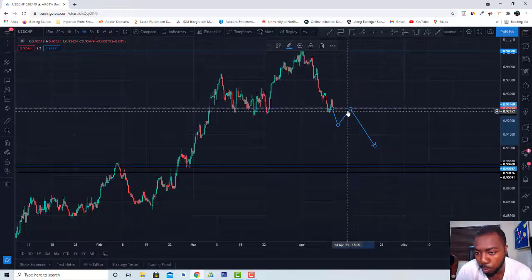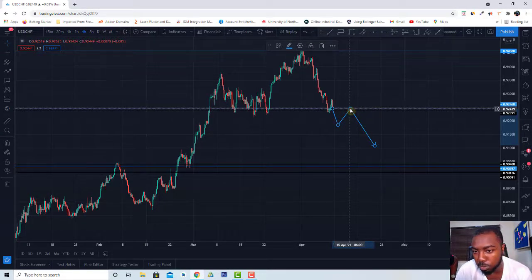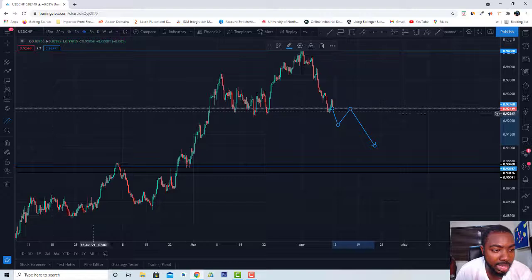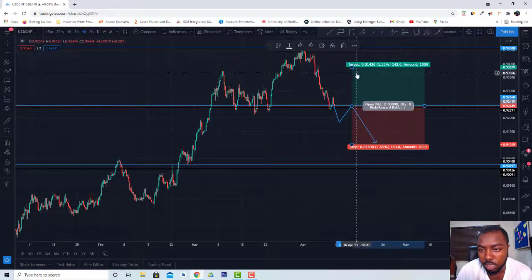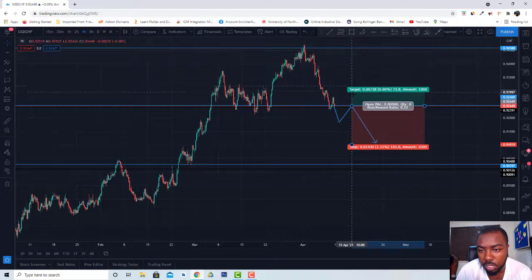Now, I'm an aggressive trader. Once at this point I see rejection candlesticks like the inverted hammer, the spinning tops, your bearish engulfing, shooting star, your bullish harami, I enter the trade immediately. That's why I will enter the market, because it gives me a nice, let me show you guys, it gives me a nice risk to reward. See, I'm going to put my stop loss right here,